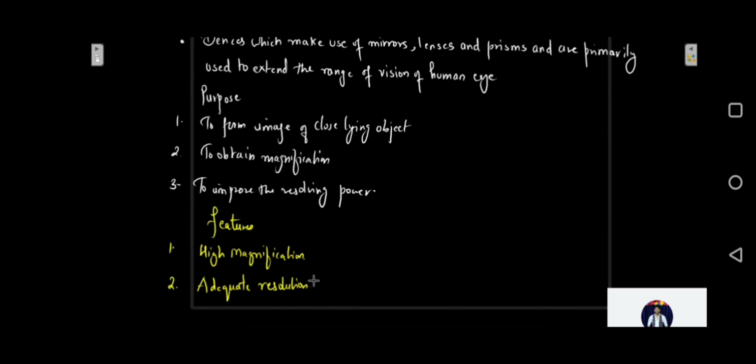So this is resolution, the ability to resolve the image so that the image can be seen with very fine details. So this ability is nothing but resolution. An optical instrument should have an adequate resolution so that it can reveal the fine details of the object. The image of the object can reveal the finest detail of that particular object. So that is why these features are very much important here.